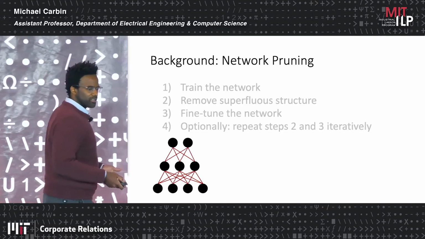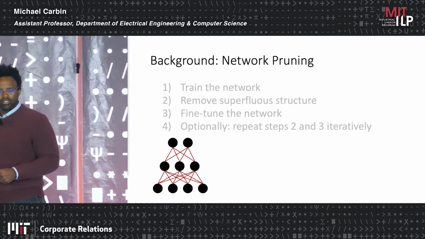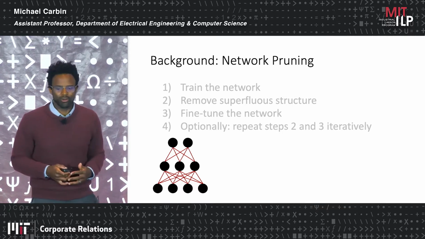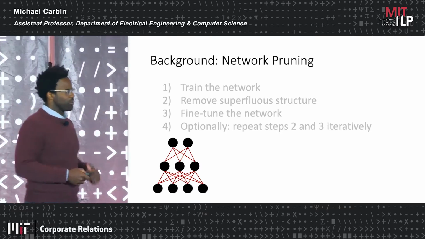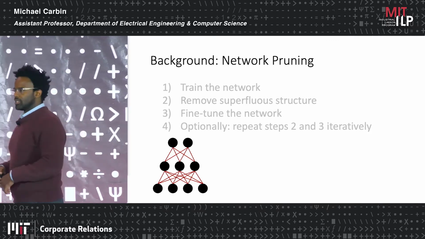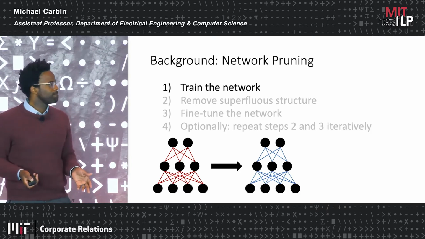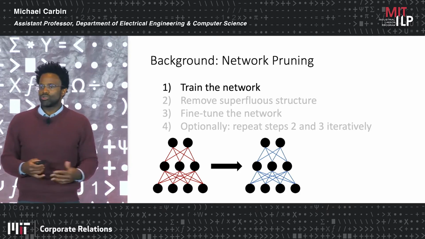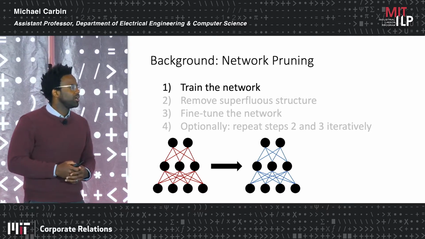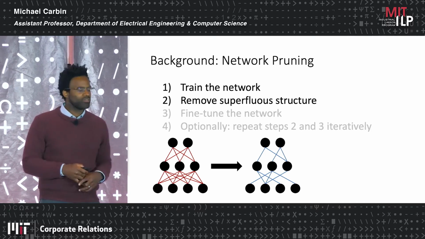And to explain how this works, let me just walk through a bit of what goes on inside of these techniques. So pruning. Step 0, actually, in any of these neural network training mechanisms, is to have a network and randomly initialize the connections that you have between these neurons. That's step 0. Step 1 is then to train the network. So apply your standard training regimes to train that network up to the accuracy that you expect for the application that you have at hand. Step 2 is going to be to remove superfluous structure.